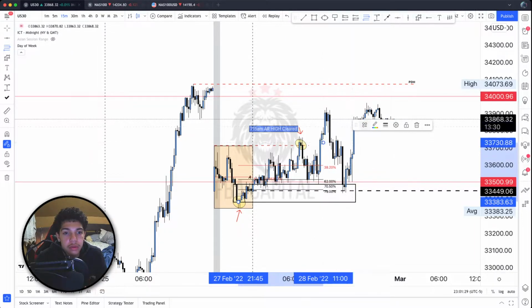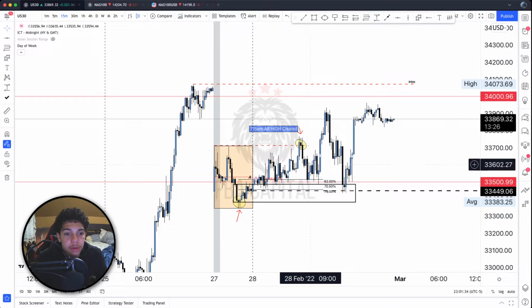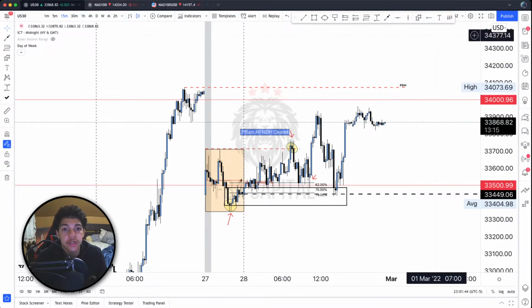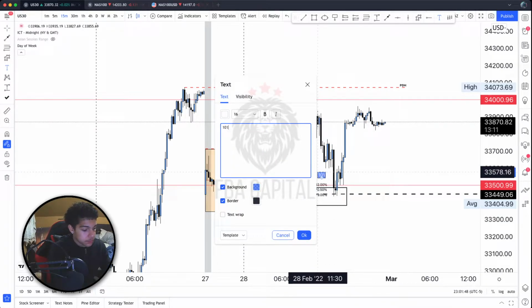Pull it down. Let's get rid of that 38.20%. And you can see right in here, price came right on into this fib level. At what time did price trade into it for the first time? At 8:30. So we're just going to say, when did it move though? At 10:15. So we'll say when it moved. So at 10:15,